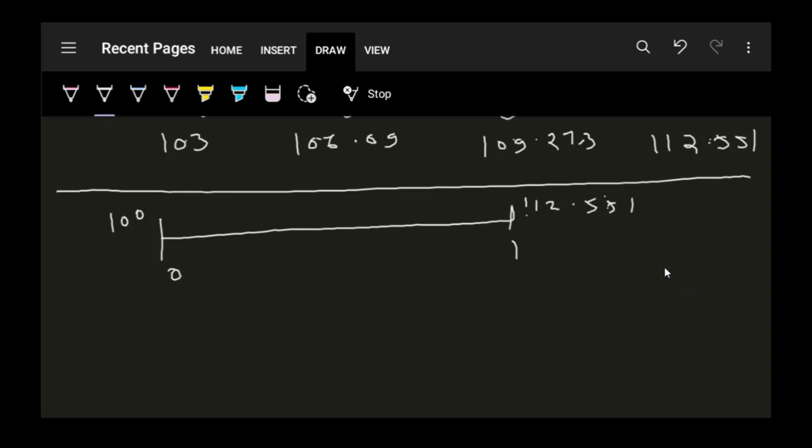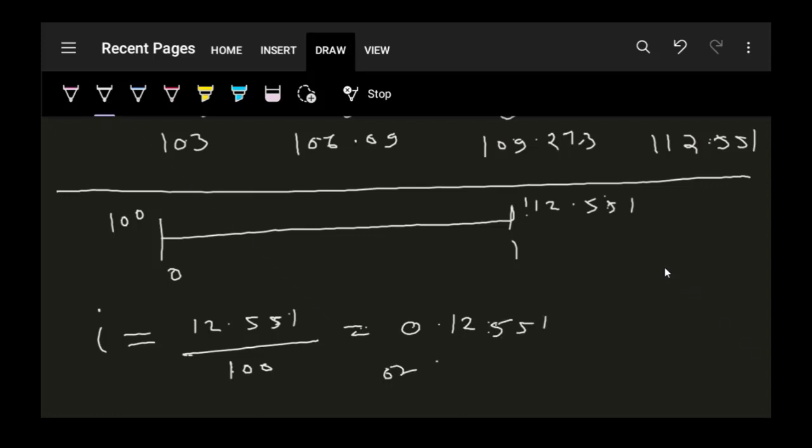So to calculate the effective rate for this time period, we know how to calculate that. I will call this rate I. I just means the effective rate for 1 year. So this will be the total amount of interest that has been paid in this duration, 12.551 upon the initial amount 100. So I get that I have earned an interest rate of 12.551 percentage. So this I equal to 12.551% is the effective rate of interest per annum.